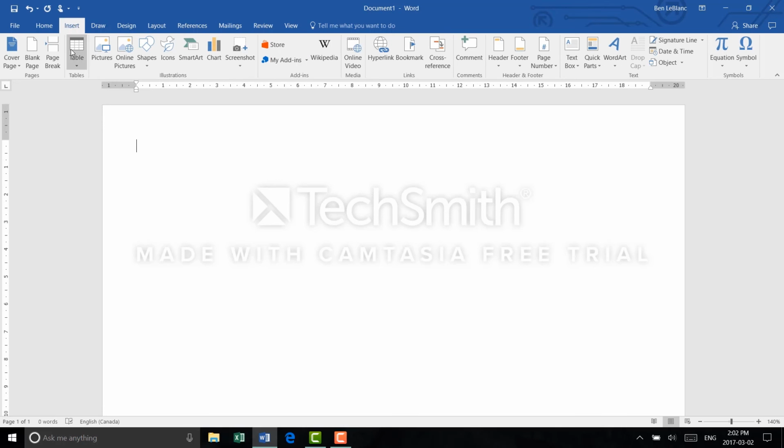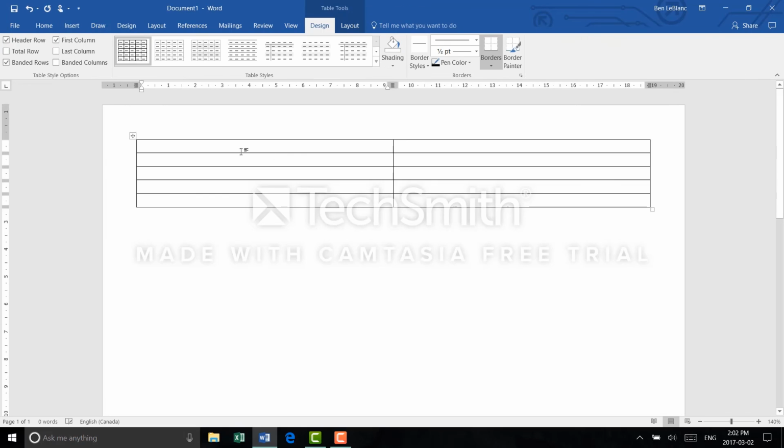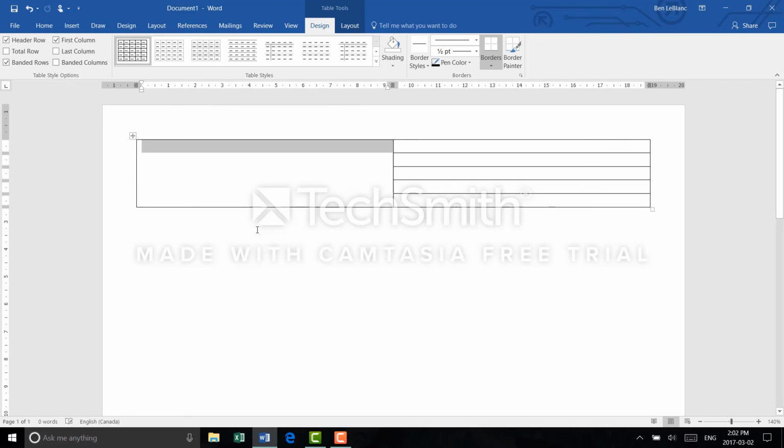Next, I'm going to insert a table here, and I'm going to click Insert Table, and I'm going to do 5 by 2. After I insert it, I'm going to grab all these columns on the left-hand side. I'm going to right-click it, and I'm going to hit Merge Cells because I want all of them in one. Next, I'm going to put in my name,